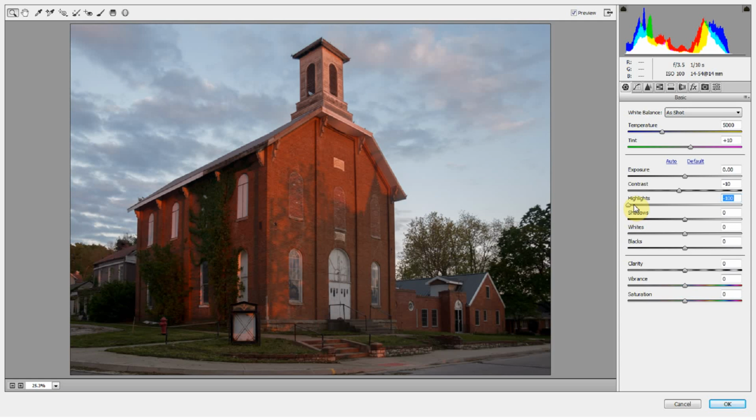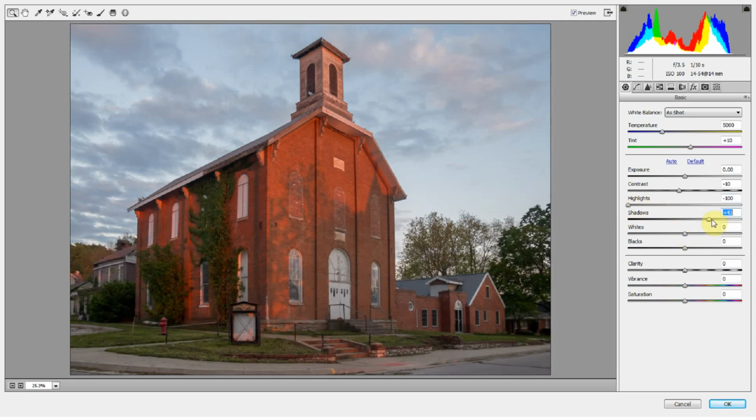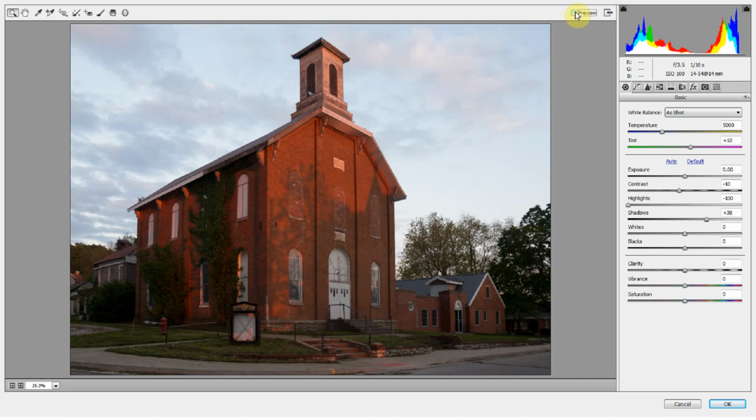I like to bring out what's happening in the background. And I'm going to address that a little bit further in a second here as well. Shadows, you can bring those out just a little bit. It kind of gives it more of that HDR feel. So you can already see we're getting a better photograph than the preview essentially here.